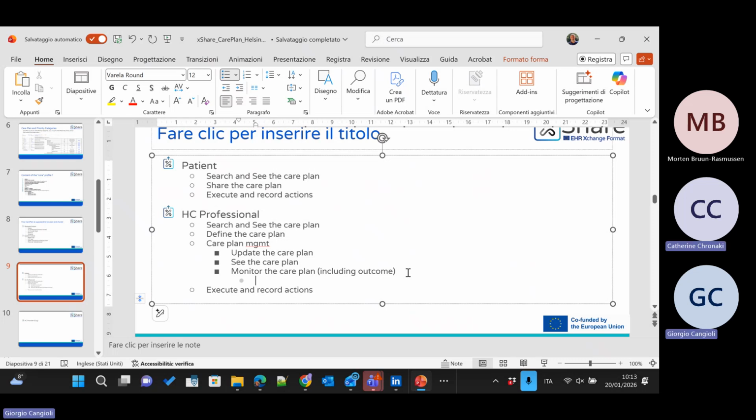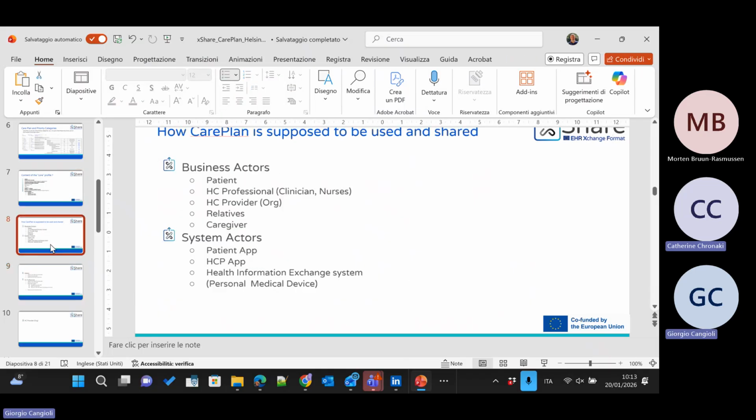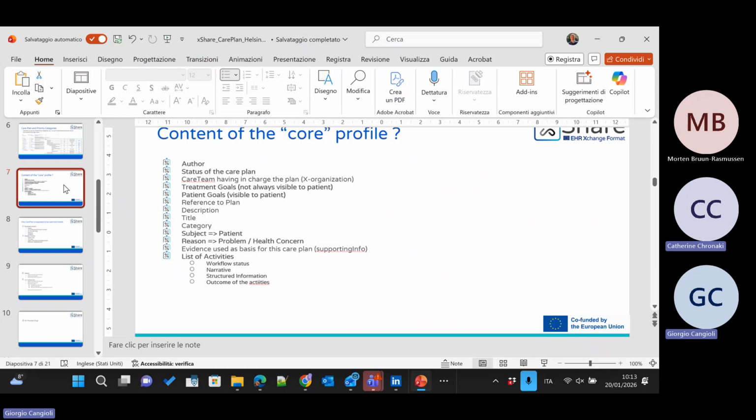The doctors will not have a system where a screen comes up with a care plan and they say, I cannot make the care plan because you are missing some data. This is really, really important. So you will have a minimal care plan, with very few data, maybe only the person's name, the age, and a diagnosis. And then you will make a care plan. I think we should respect this also in our profile.